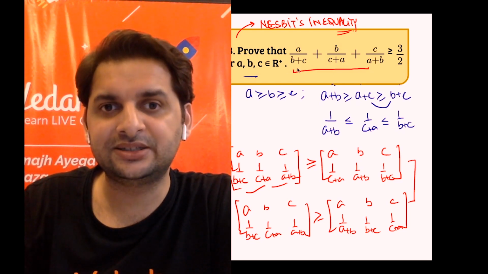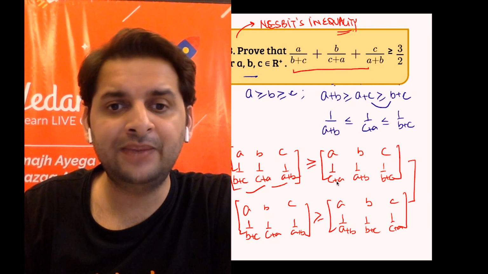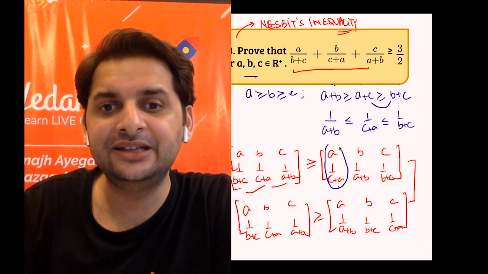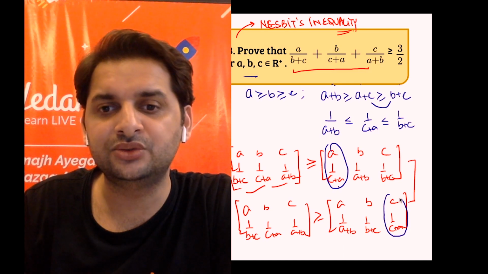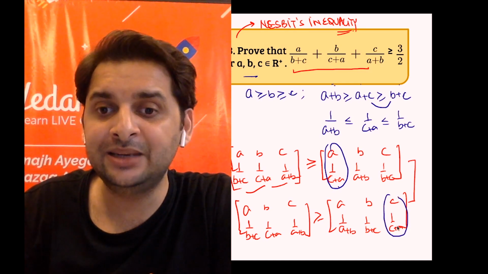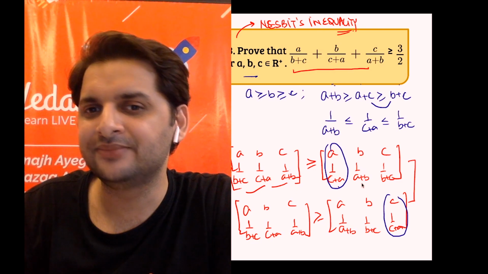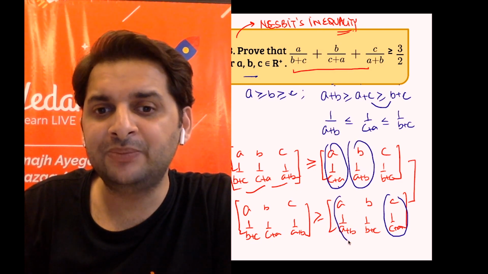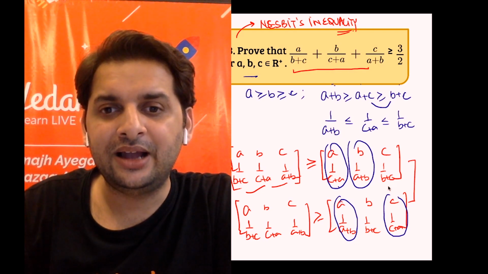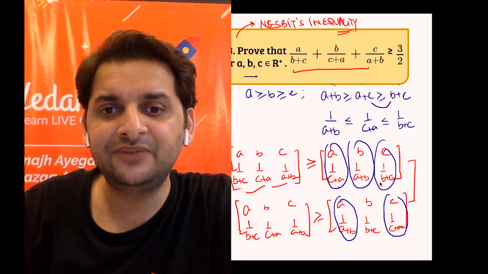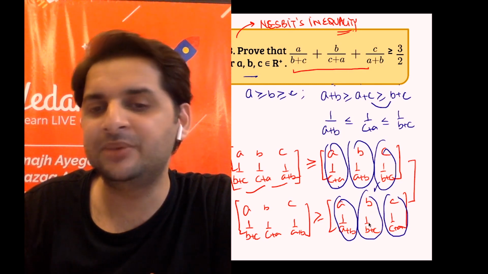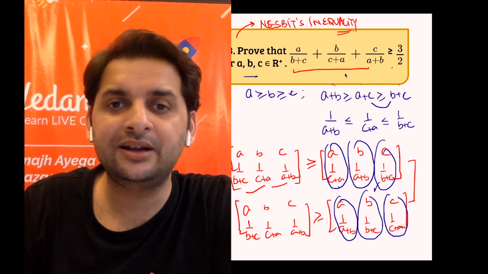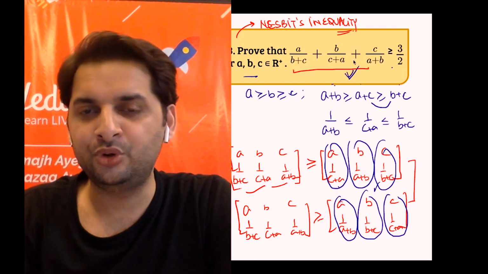So twice of this is greater than or equal to a upon c plus a plus c upon c plus a. So if I add these two, just imagine if I add these two, a upon c plus a plus c upon c plus a would come out to be 1. Likewise, b upon a plus b plus a upon a plus b would come out to be 1. And similarly, c upon b plus c with this, b upon b plus c would give me 1. So right hand side would be 3, and 2 I can take to denominator, and hence this is proven.